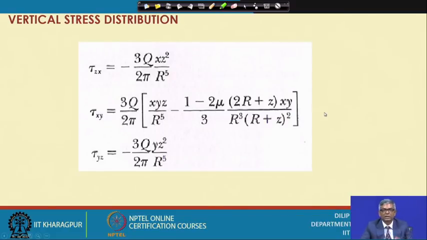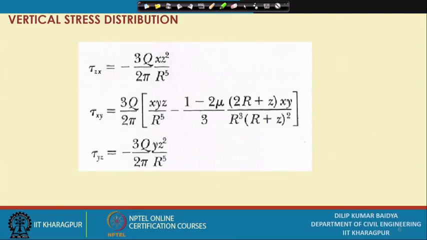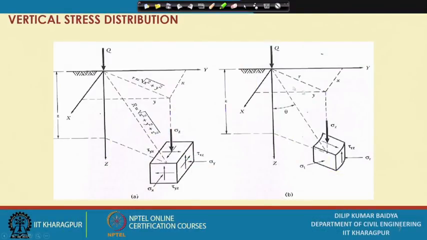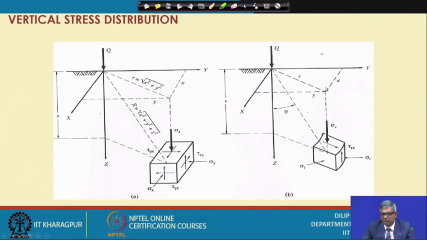So, this was originally in rectangular coordinates, and later on it was converted to polar coordinates to reduce the number of variables, but with the assumption that the solid should be circular. In that case, if it is a polar coordinate system, one variable is r and another variable is z, and the same thing can be converted. r is nothing but under root x square plus y square. So, with respect to r and z, if this is expressed,